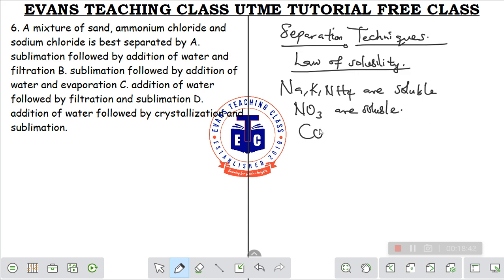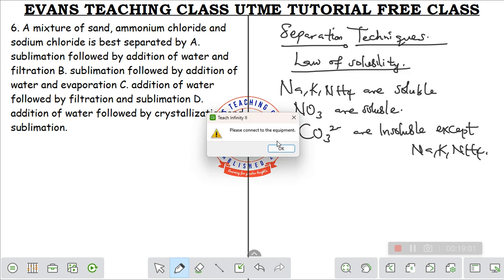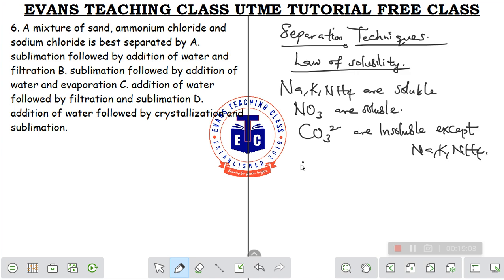All sorts of CO3 2-, carbonates, are insoluble, except if they have sodium, potassium, or ammonium. I'm going to explain what I'm saying. All sorts of SO4 2-, sulfates, are soluble,